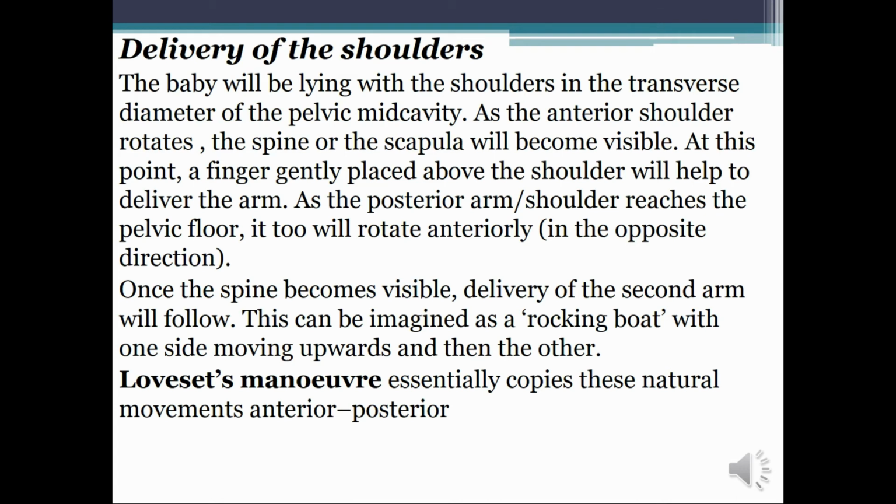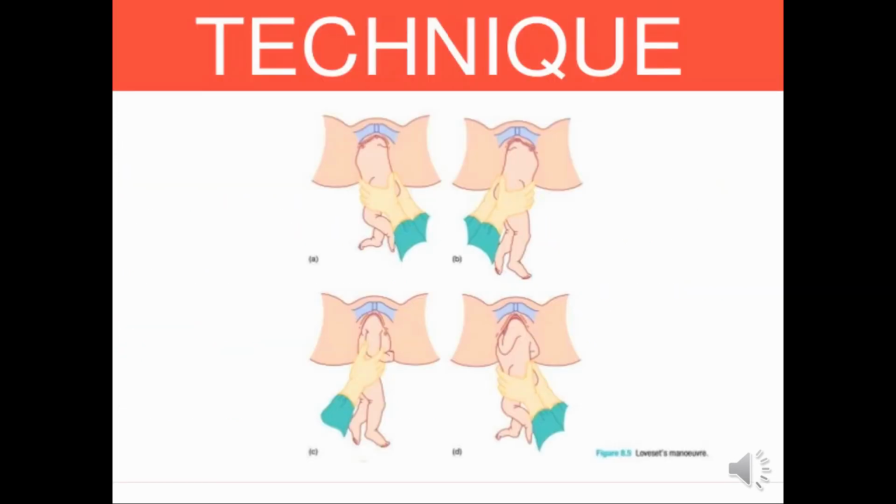Once the spine becomes visible, delivery of the second arm will follow. This can be imagined as a rocking boat, with one side moving upward and then the other. The Wasit maneuver essentially copies these natural movements anterior-posterior. Here, as we see the technique,